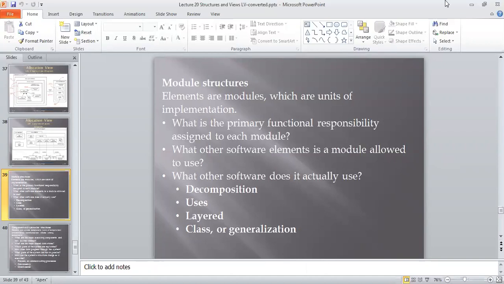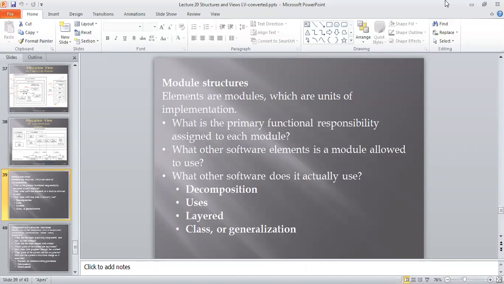Suppose any system or architecture is related to the module structure, it again considers four components.